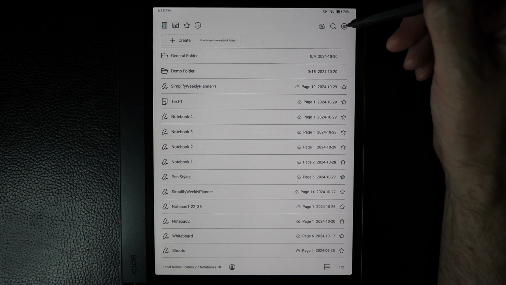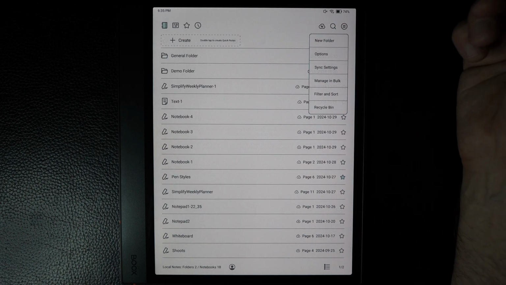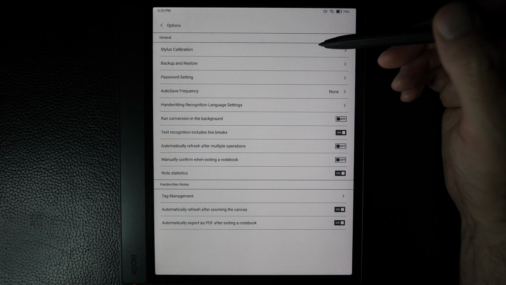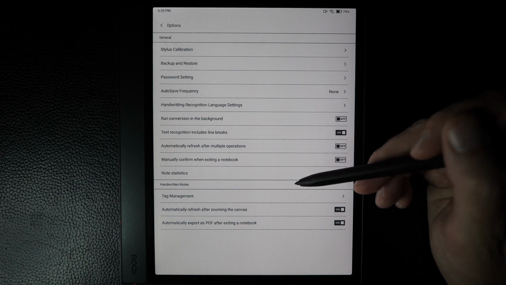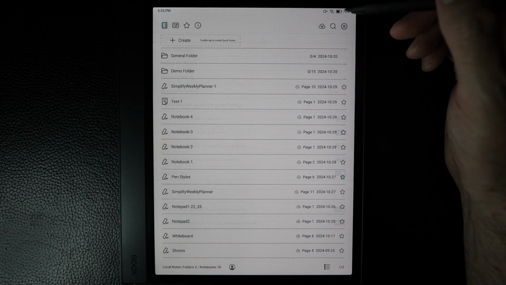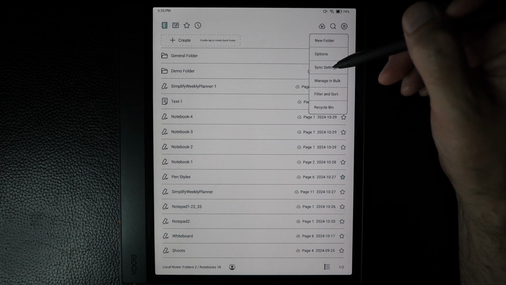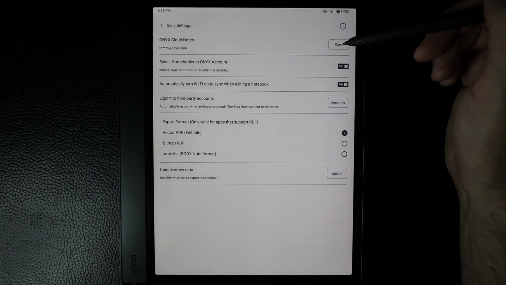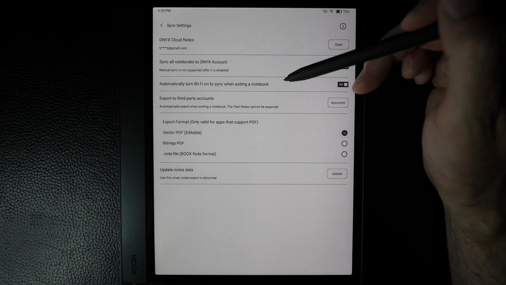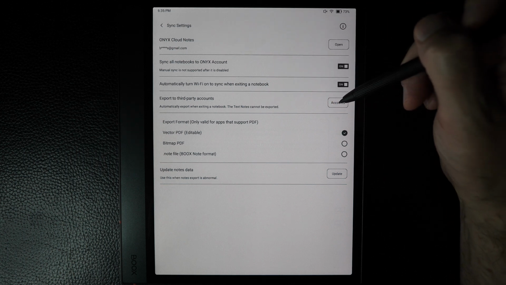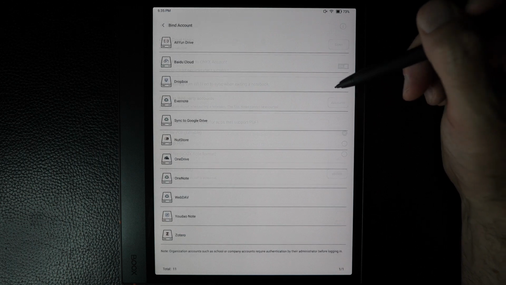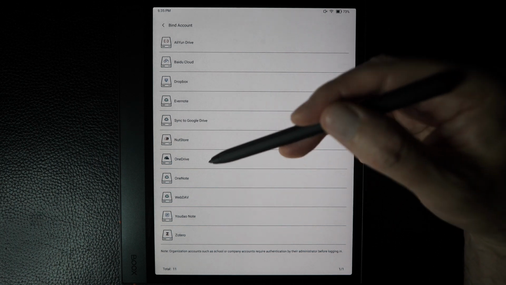Finally, we have this hamburger over here in the circle, and that takes us to settings. We can create a new folder. There is a bevy of options, as you can see here. We won't go into much detail there. But continuing down the list, we can go into sync settings. So here you can see your Boox account. There's also a way to connect to a third-party application. We saw this when we were looking through the system settings,